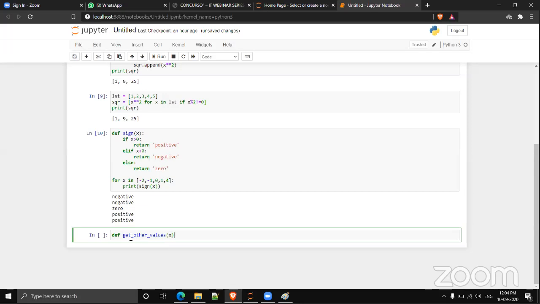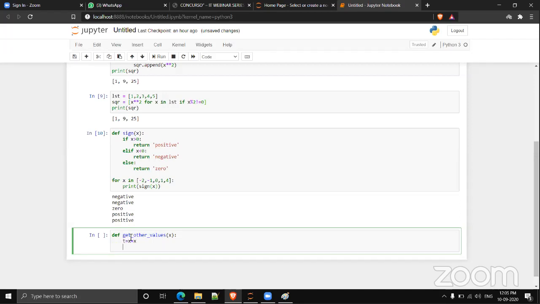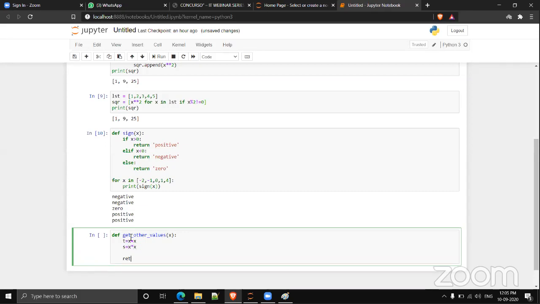Upon giving a particular value I need to get the twice as well as the square of a number. Twice is x plus x and square is x into x, and the main thing is we can return this t as well as s from a single function.